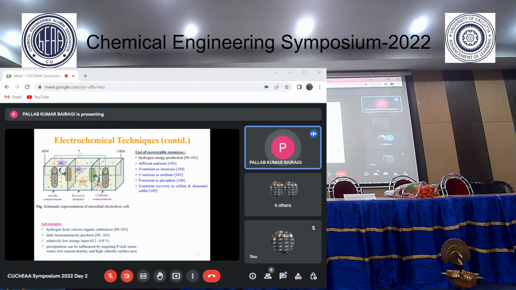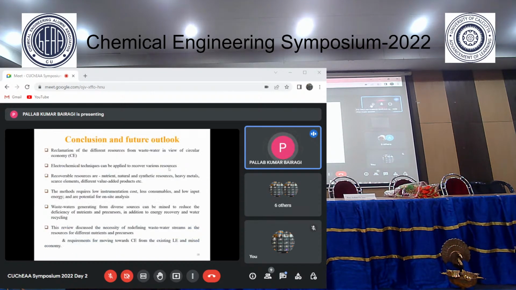And as for electrode material, Lee et al. reported stainless steel plate cathode and some other electrode in an electrolysis cell and showed a 53% potassium recovery and approximately 99% of phosphate recovery. Blackwedge and others in 2019 reported a study performed with 4 parallel frame based BES reactor in which they showed approximately 92.9 to 94% sulfate removal and recovery. One study showed approximately 40% efficiency of dissimilatory nitrate reduction to ammonia as the recovery product.